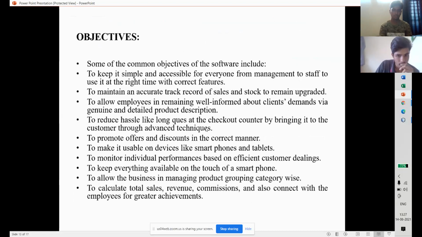mini project, retail store management system. Some of the common objectives of software include: to keep it simple and accessible for everyone, from management to staff, to use at the right time with correct features; to maintain an accurate track record of sales and stock and remain upgraded; to allow employees to remain well informed about clients' demands via genuine and detailed product descriptions; to reduce hassle like long queues at the checkout counter by bringing it to the customer through advanced techniques; to promote offers and discounts in the correct manner;